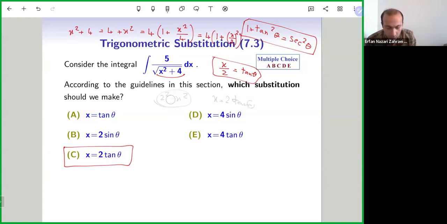If you don't rely on your memory, that's the thinking process. That's why this substitution works. Even if you want to memorize, you need to understand this thinking process. Because there are some questions, like the last activity that we do today, where the formula doesn't help you directly. So you need to do this process to find a good substitution.